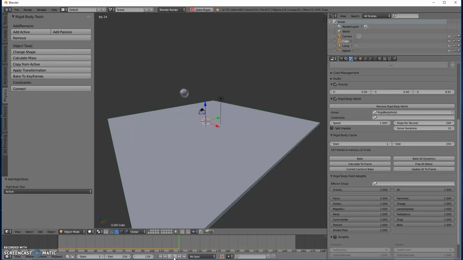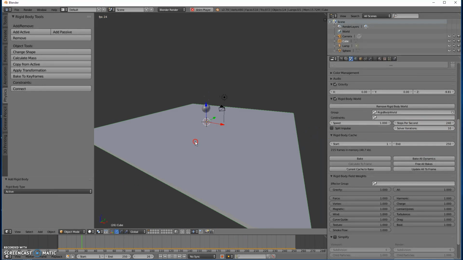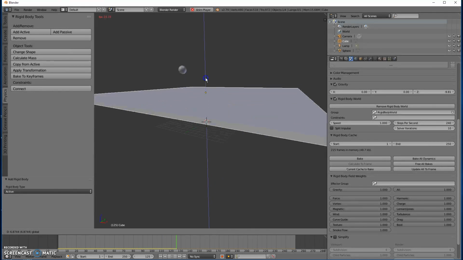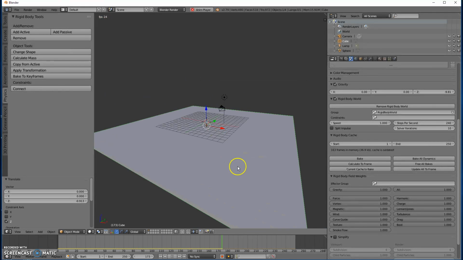So really the only thing I changed there was those steps per second, and that made a little bit of a difference in how it works. If I take this panel, I can even bounce the ball up with it. And so it is somewhat interactive, but you should be aware that if you have an object like this and you are hitting play and you go to move it or something like that, then